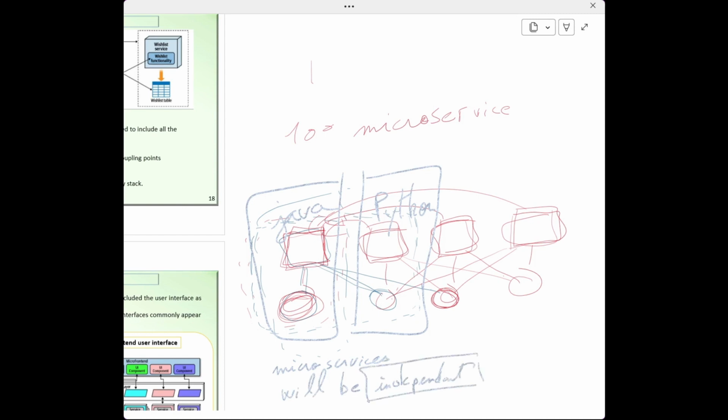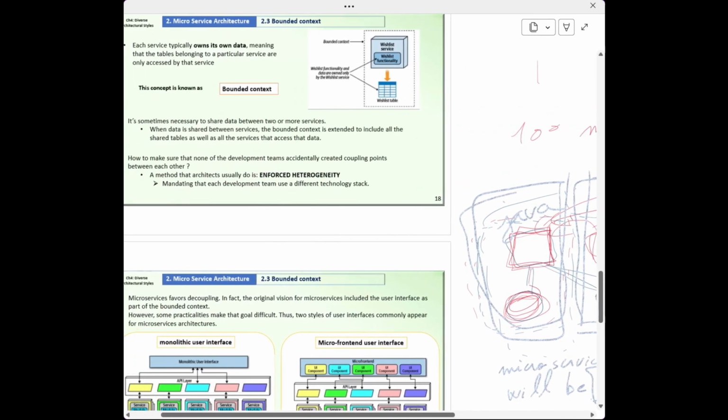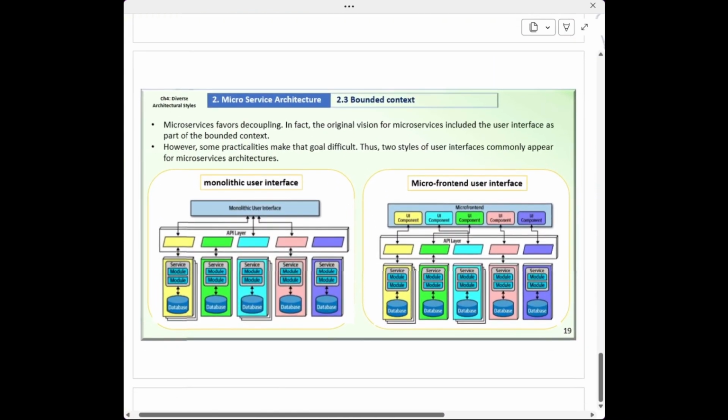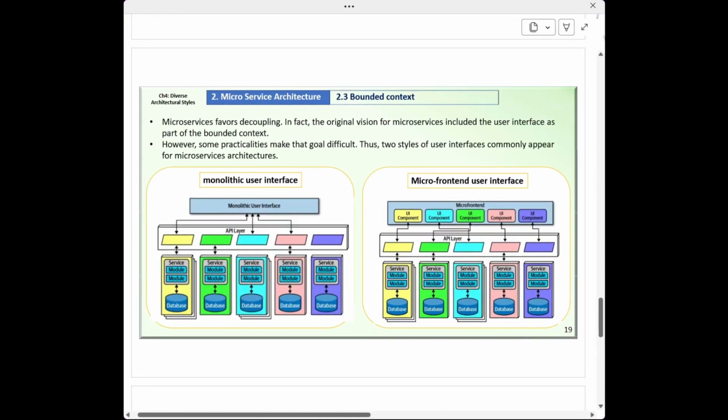And this is what we want in microservice architecture. We can ensure that by giving a different technology stack for each microservice. Microservice favors decoupling. Favors decoupling means prefer independent